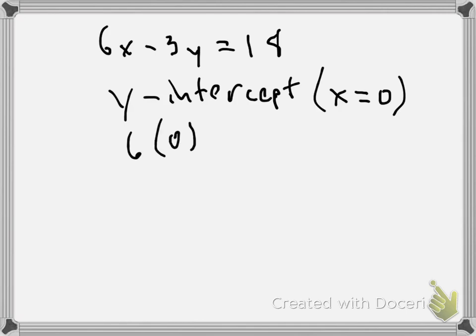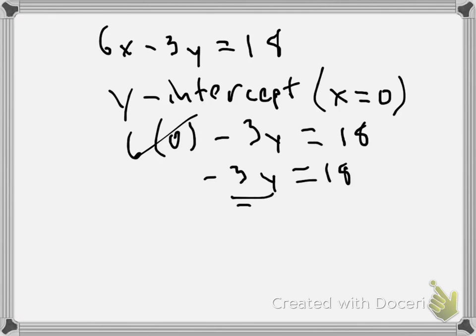Again, I'm writing this, but I would never write this. There's no reason to, because when you plug that 0 in for x, that whole term is just gone. 6 times 0 is equal to 0. 0 plus or minus whatever just goes away, right? So really that whole term just gets kind of knocked out right from the very beginning. We're just left with -3y equals 18, and then we just divide by -3, and we get the y value